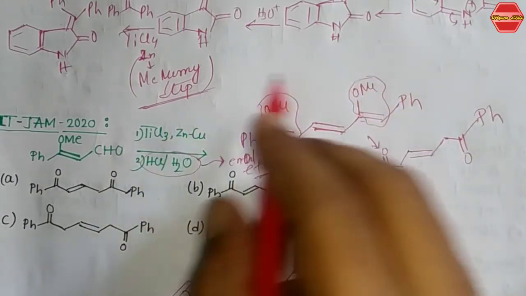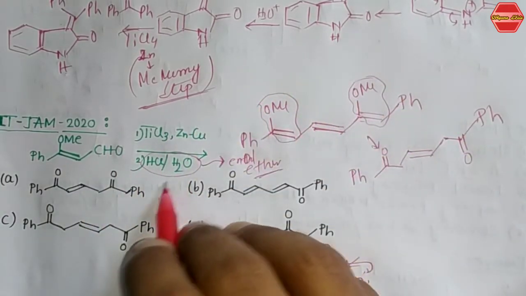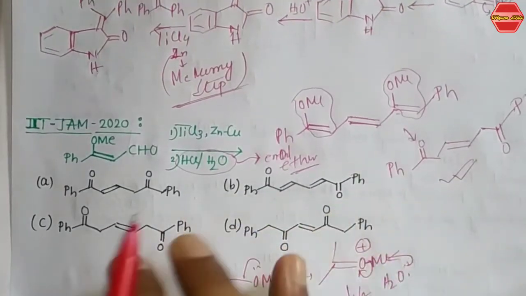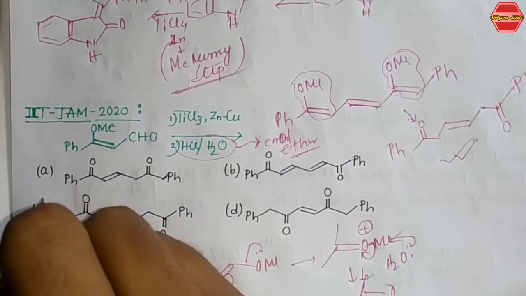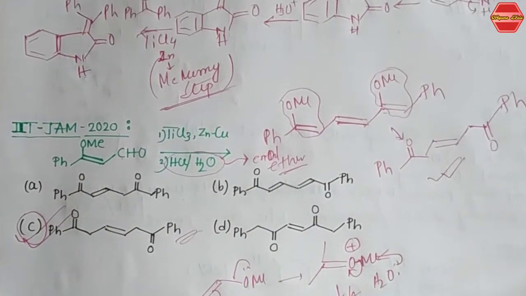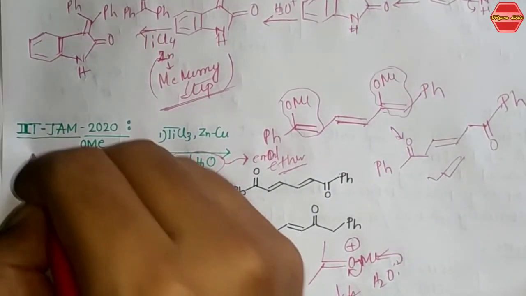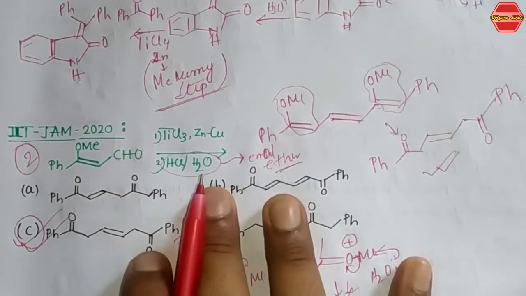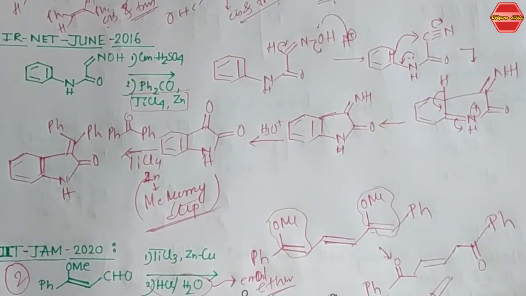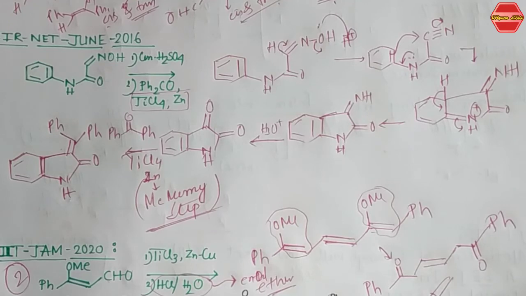The first step is your McMurry condition, and the second step is your enol ether hydrolysis, and that is how you can get this product. Now let's find your answer. You can see here that option 3 is your correct answer. Now this is your actual product. The question came for most probably 2 marks. See, the McMurry coupling reaction is very much important for entrance examinations like CSIR NET, IIT JAM, all those things, right?